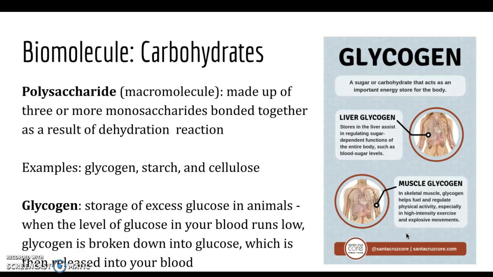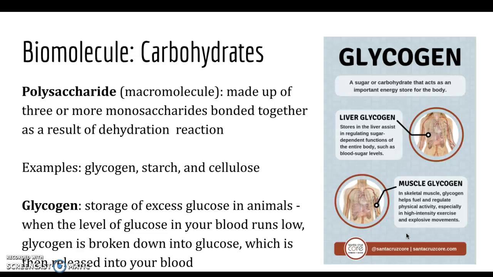Finally, when you form multiple bonds between many monomers, you get what's called a polysaccharide. And a polysaccharide is a macromolecule of carbohydrates, which is made up of 3 or more monosaccharides bonded together. So examples are glycogen, starch, and cellulose. Glycogen is a storage polysaccharide. So glycogen is a storage polysaccharide in animals, which means that the glycogen is responsible for storing glucose in our